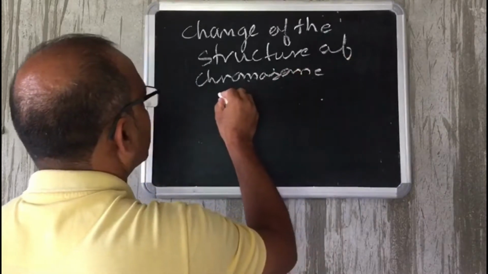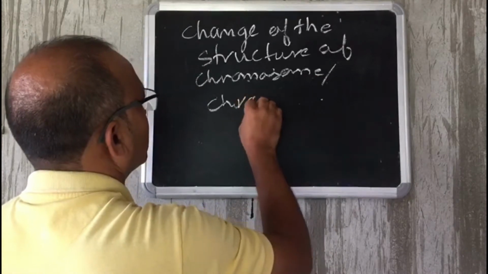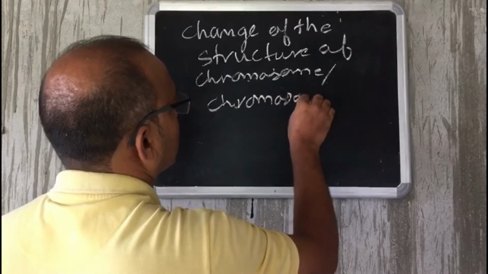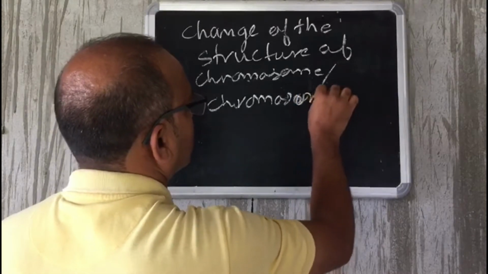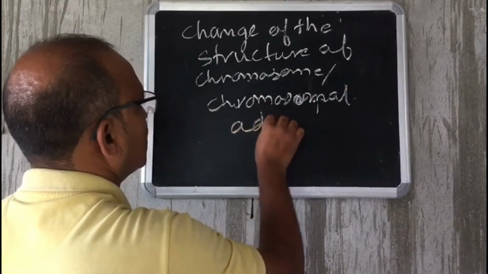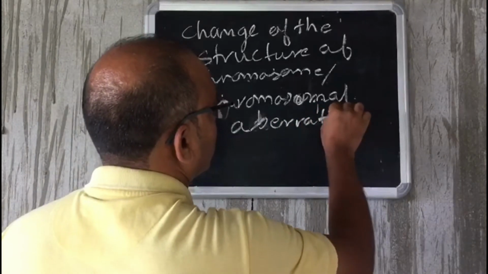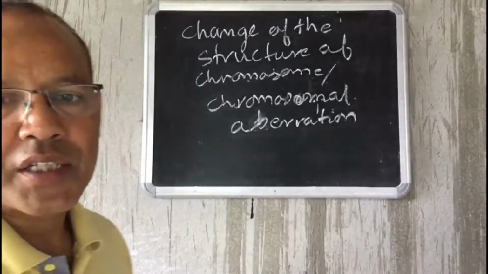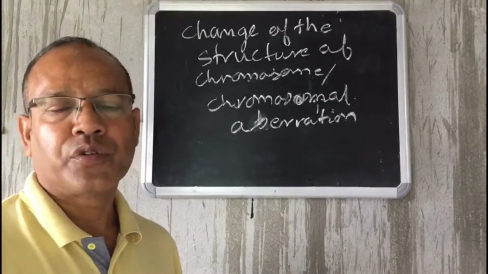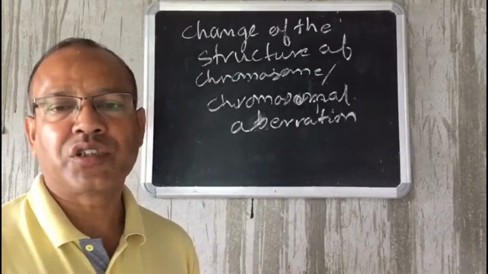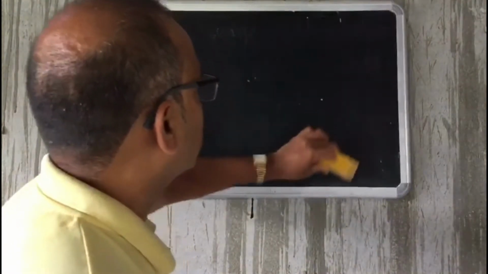This is also called chromosomal aberrations. Change in the structure of the chromosome, that is, change in the sequence of the chromosome, the sequence of the genes on the chromosome. In that, the first one that we're going to talk about is